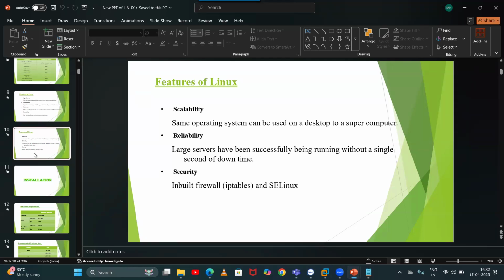Even if you install any latest updates, generally, Windows PCs will ask for the restart. Even our mobiles will ask for the restart once it is updated. But in a Linux machine, no need to restart the computer. Without restarting the computer, we can update everything. So that is also an advantage of Linux. We can trust it because there is no downtime.